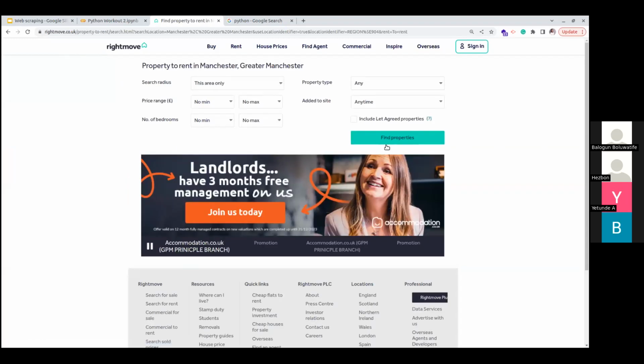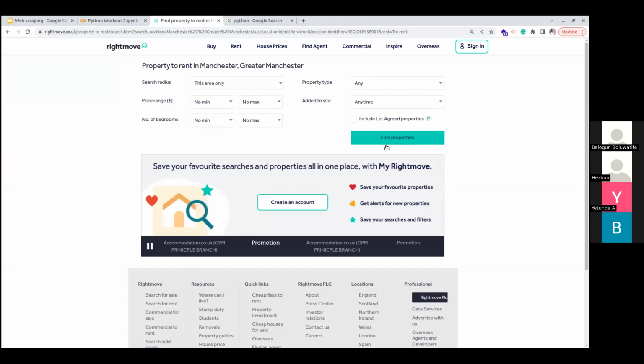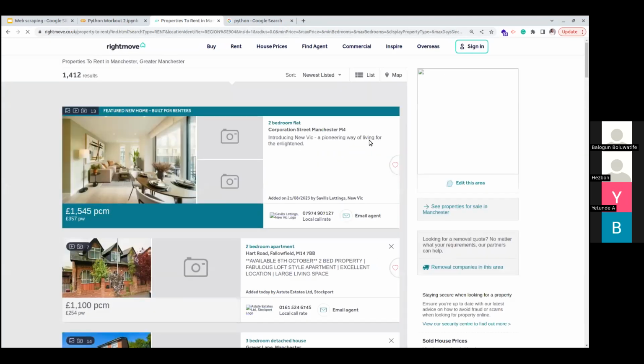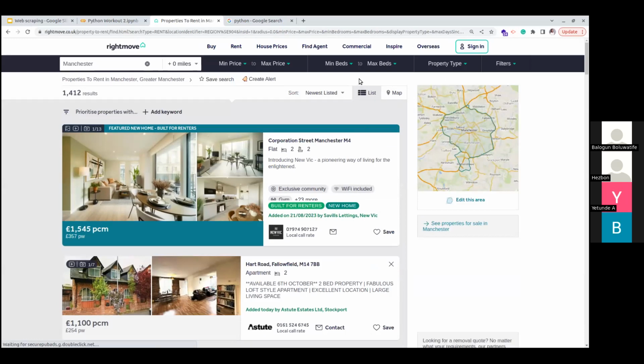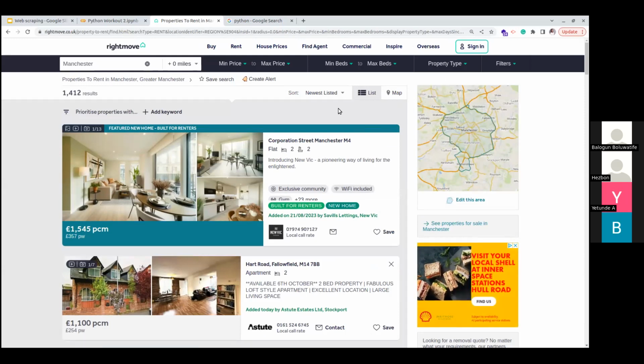One thing I also want to explain is that Beautiful Soup is not the only library you can use to scrape websites. We have Selenium. Selenium is also another library that people use to scrape websites, but Selenium is much more complex. I've actually done data scraping with Selenium, and I'll tell you the instance.